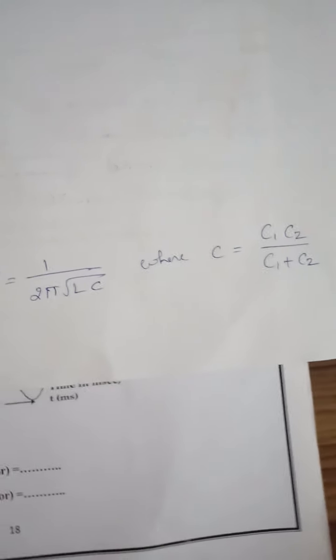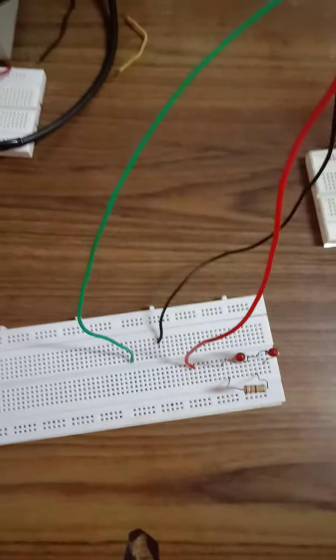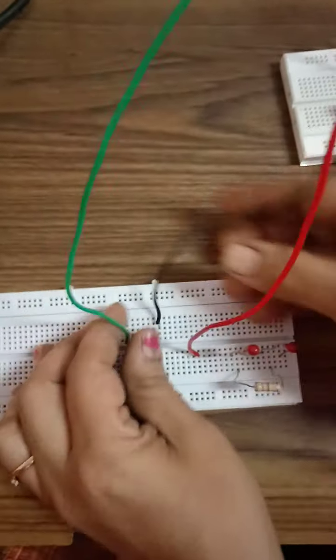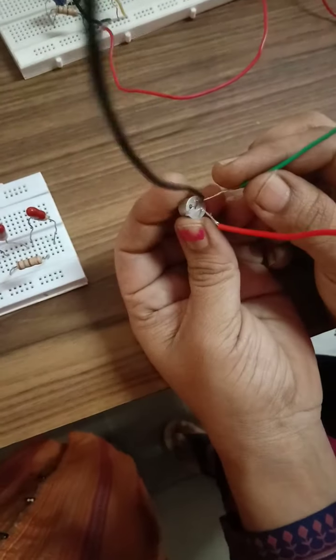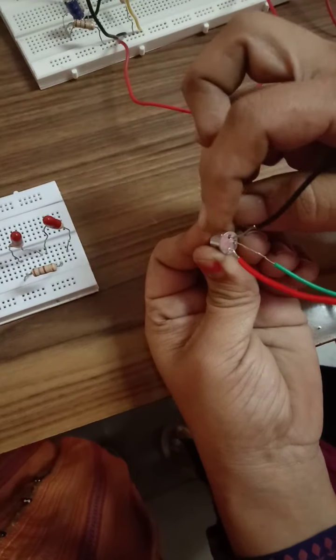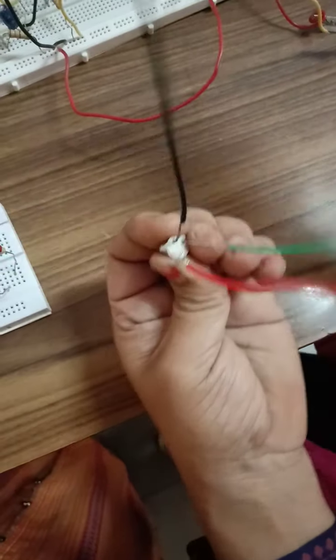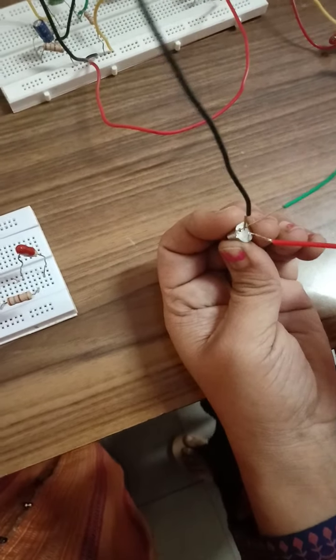Now we will see how to connect the circuit and take the output. This is the breadboard. In this breadboard we are connecting the transistor. This is an NPN transistor SL100 with three terminals. The terminal which is nearer to this notch is called the emitter. The terminal beside that is the base, and the next terminal is called the collector. I will connect the transistor in this breadboard.